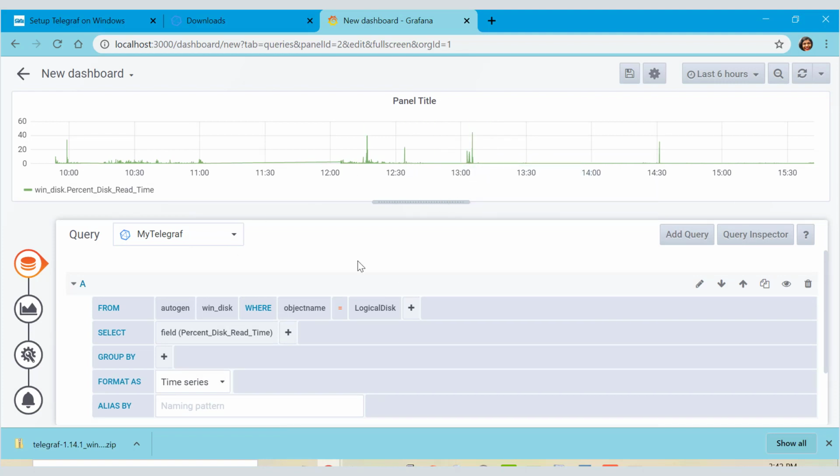Similarly, you can add more counters, add more customization in your dashboard, and create a beautiful dashboard. But creating a dashboard in Grafana is a different topic altogether. We are done with what we intended to do in our lecture, that is creating a Windows Server monitoring end-to-end solution through Telegraf, InfluxDB, and Grafana, right?